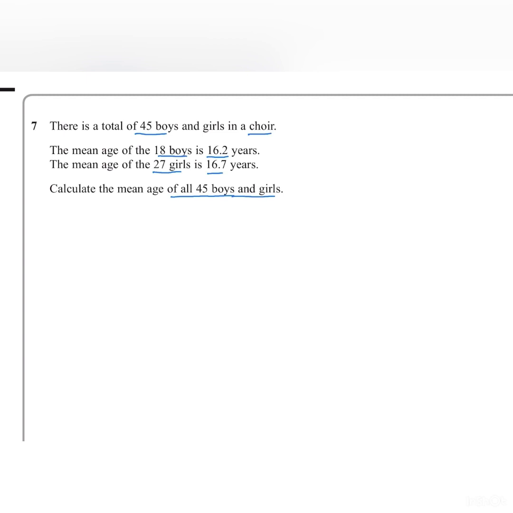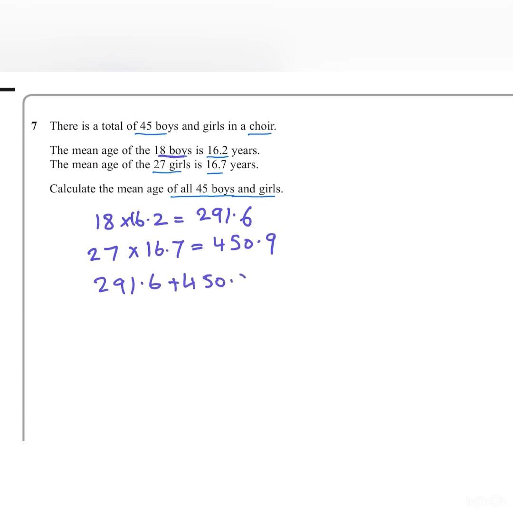Okay, again, a fairly standard question on mean, and we can find the total age of the boys by doing 18 times 16.2, and that is 291.6. And then we can find the total age of the girls, that's 27 times 16.7, which is 450.9. Now, if we add these two values together, 291.6 plus 450.9, that comes to